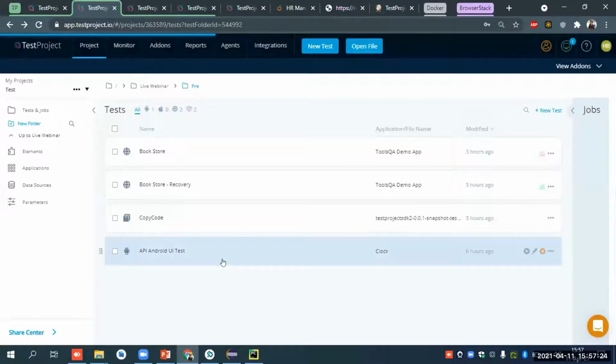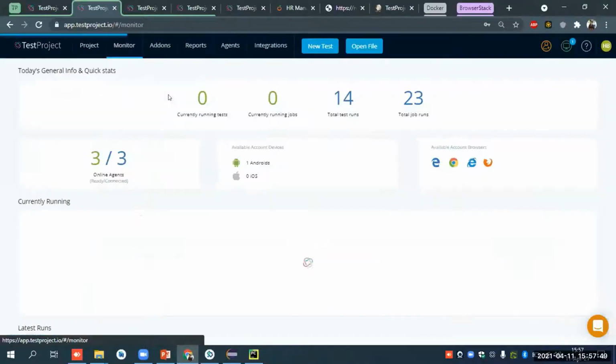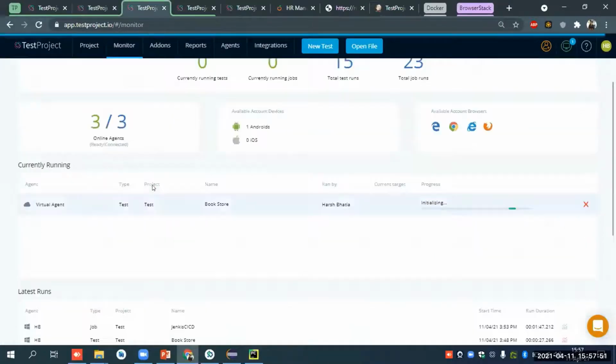and run it. So what it will do, it will not run on any of your local agents. It will not interact with my agents. It will just go to BrowserStack itself. It will run on the mentioned browser and it will report. So with TestProject, everything can be on the cloud. So if you have your test case on the TestProject itself, and you want to execute on the cloud itself, you can do that. It will generate a report in a while. Meanwhile, we can just go ahead.